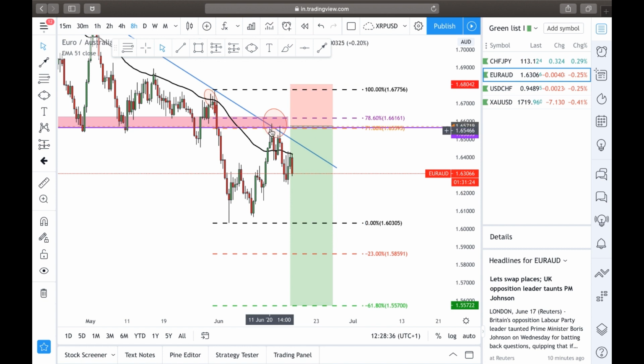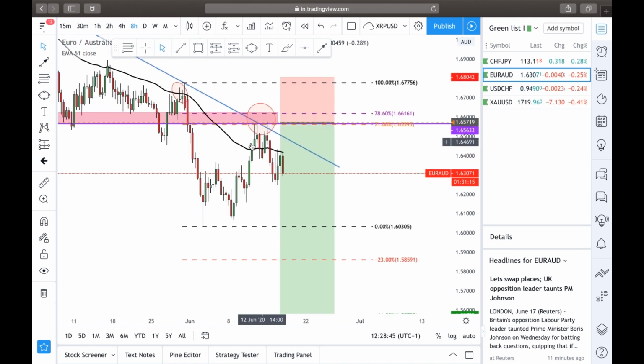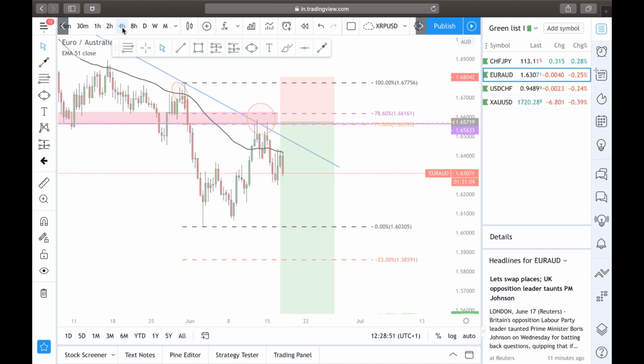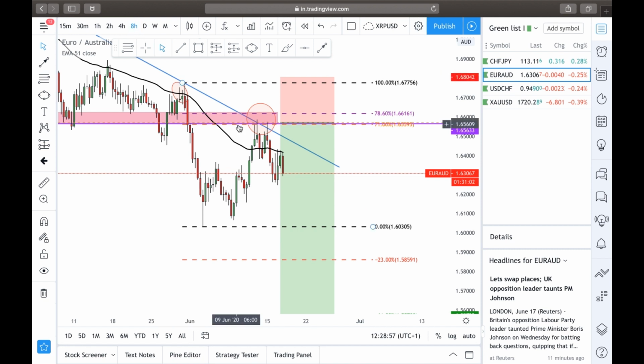So you can clearly see these wicks came in here, 3 wicks, so that's 4, I think it's 4, and then obviously we had the candle rejection, which was a shooting star. So that's 3 8-hour candles actually. So even on the 4-hour time frame, you can still see the rejection. So here you can see rejection, but I went on the 8-hour